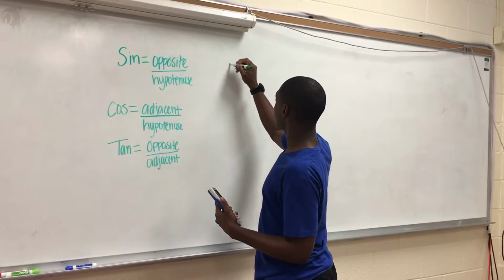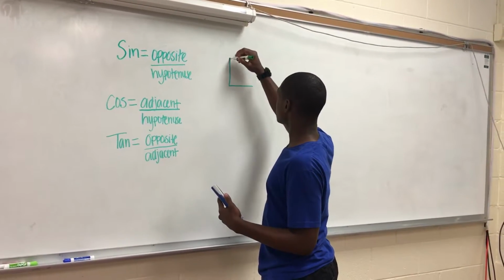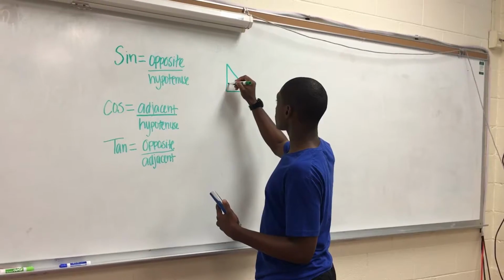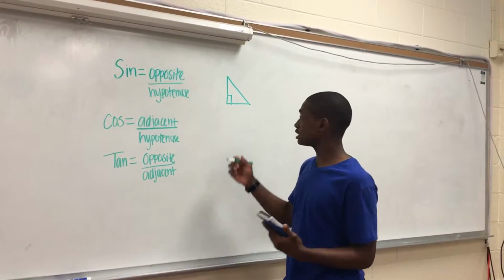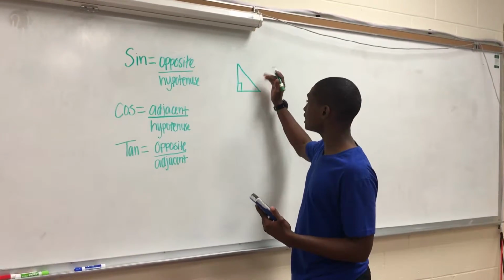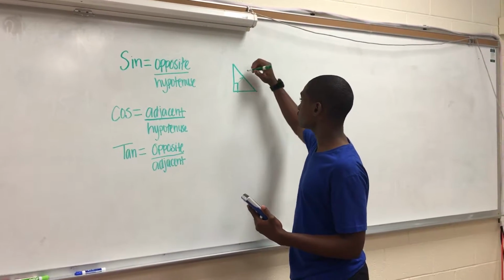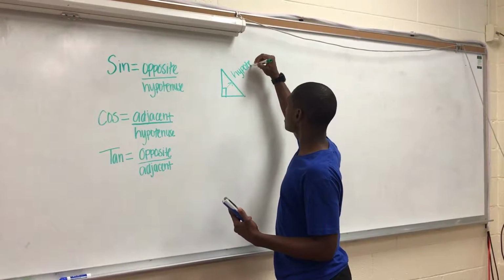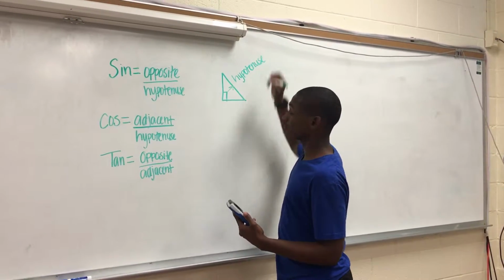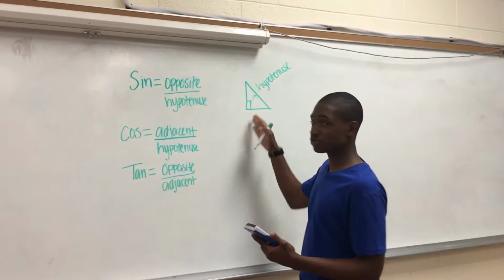So first we have one right triangle, and we're going to label the right angle, and then we're going to label the hypotenuse. And the hypotenuse is easy to identify because it's always the side that's across from our right angle. So this is the hypotenuse here. Also about the hypotenuse, it's the largest side of the triangle, so each of these sides would be less than